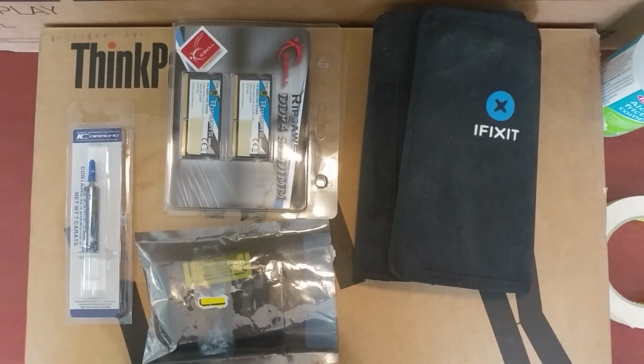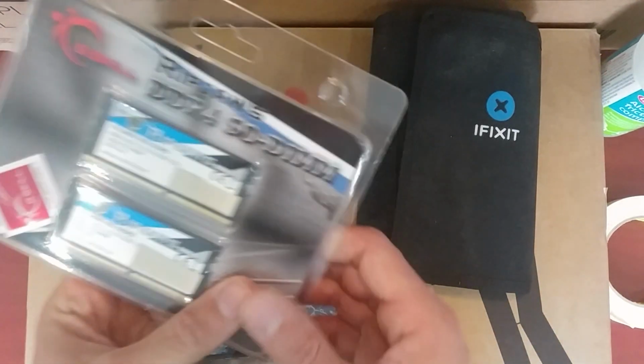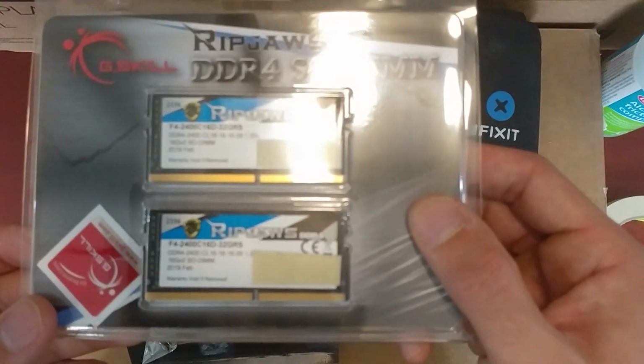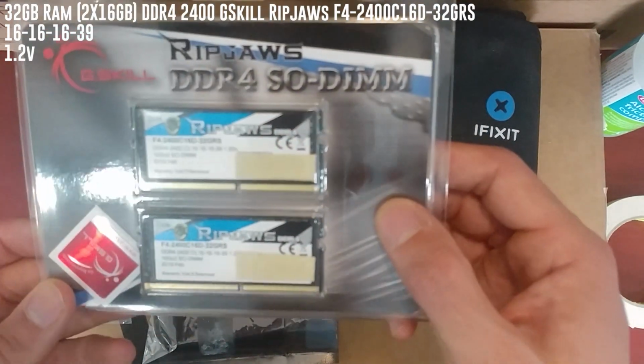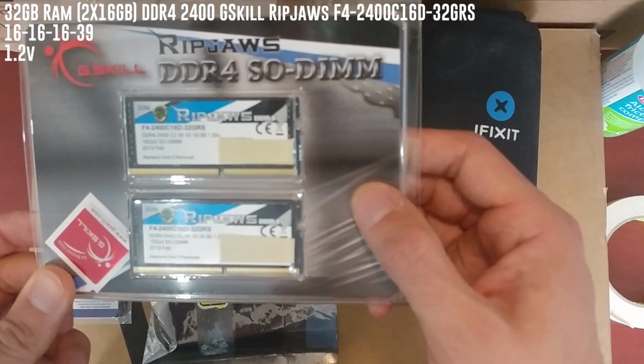So on the channel I have the laptop that I use, and this one is about the same price that I paid then, but with a couple more features, and we were able to get in it 32 gigs of memory. So this is 2 times 16 gigs DDR4 2400,